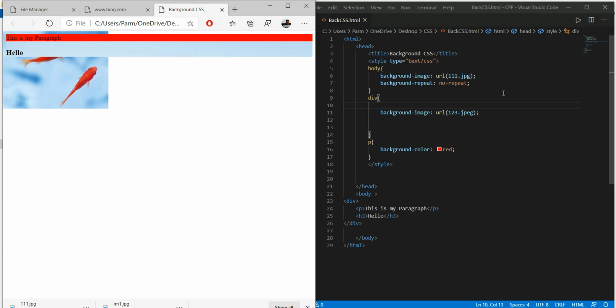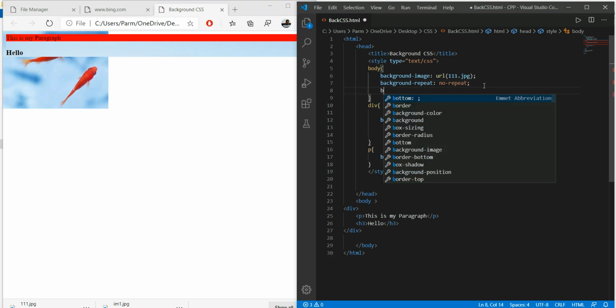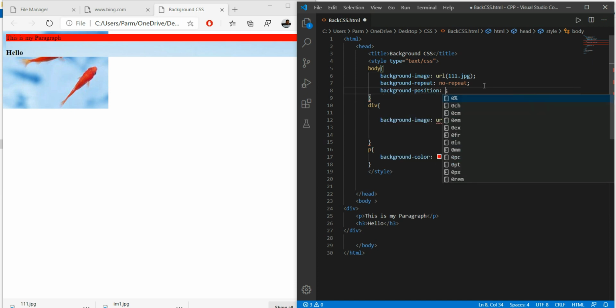Okay, then another thing that we have with the background is background-position. So I just want to position this image, so I want to write the background-position property, and I can give the value using XY coordinates, or I can use simply right and top.